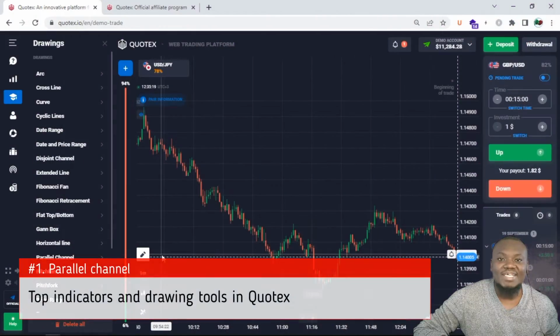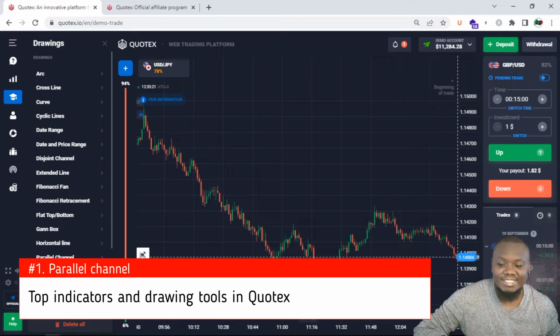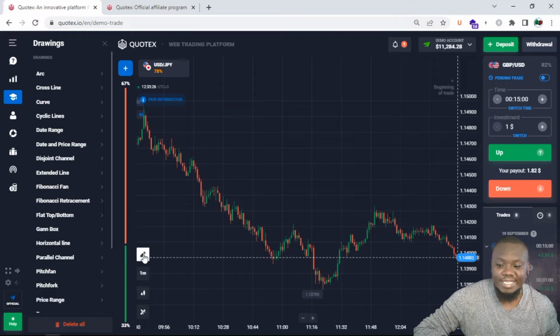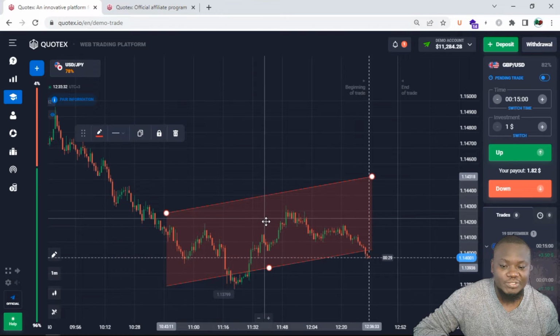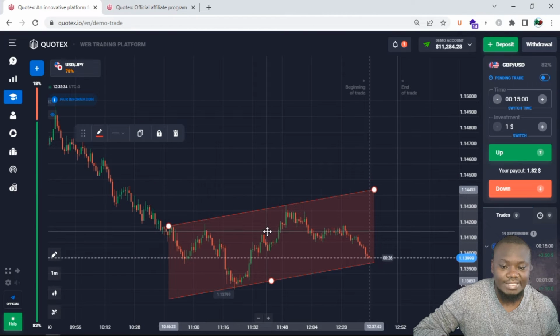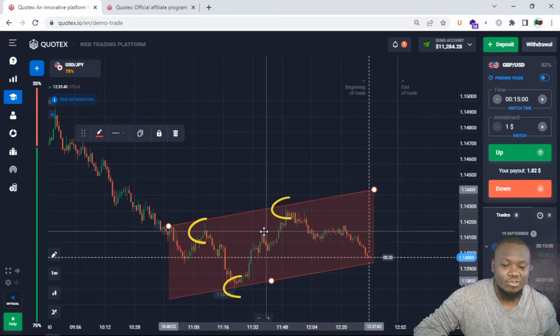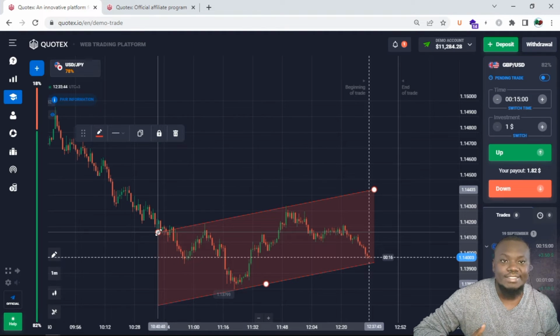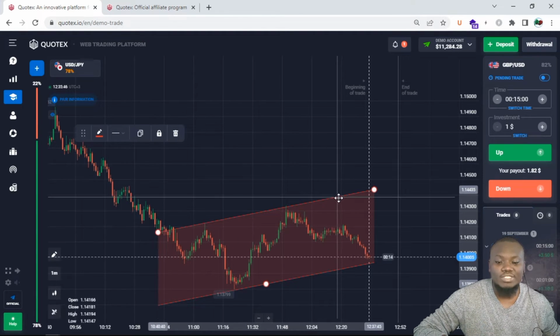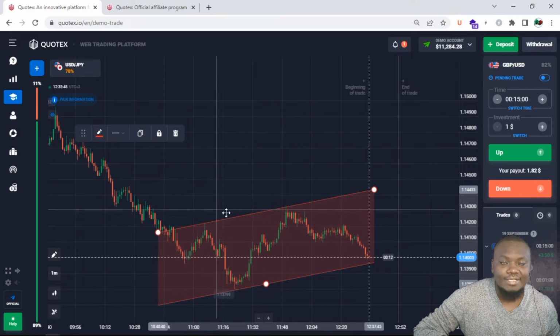At number 1, we have the parallel channel, and in order to add the parallel channel onto your chart, go ahead and click on the drawing tool in Quotex and find it here. Click on it once and it will be added to your chart. Adjust it to the level that you want to analyze. For example, this level here, let it touch the highest pivot points on the chart and the lowest pivot points on the chart. If you look at it, it ends up forming something that looks like a channel with support